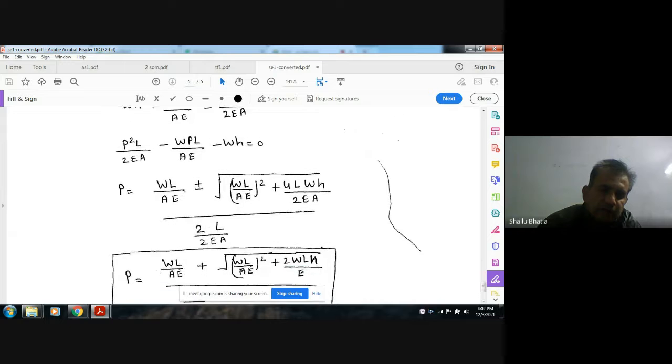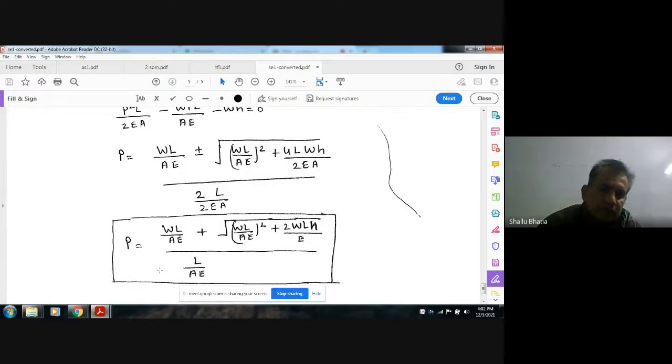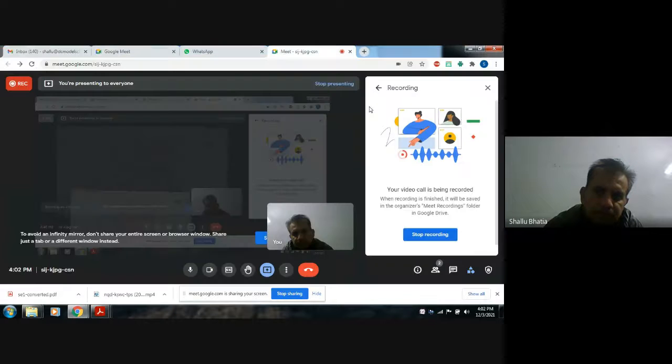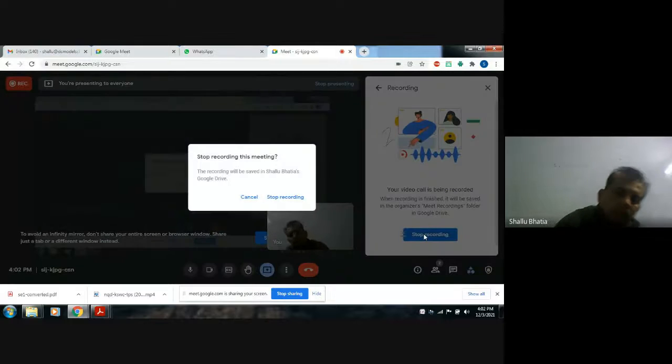After finding P, we can find stress by dividing by area. Thank you. This is basically W by E plus W square